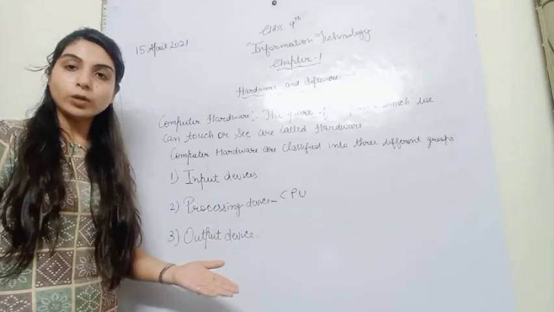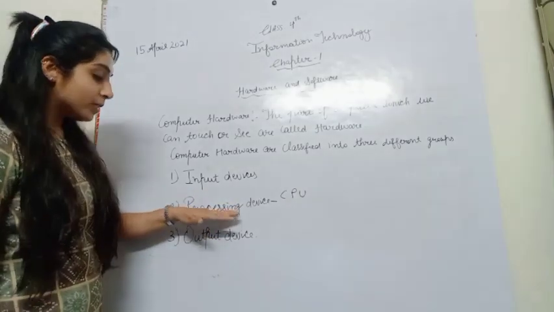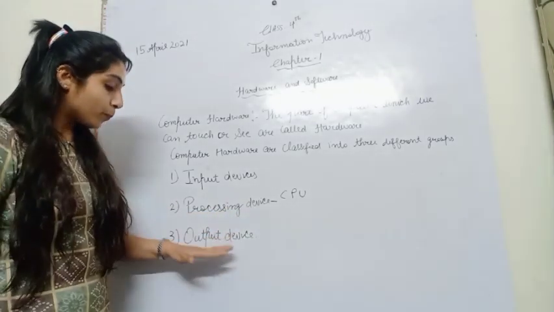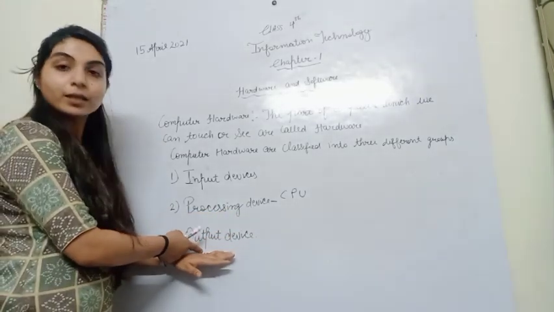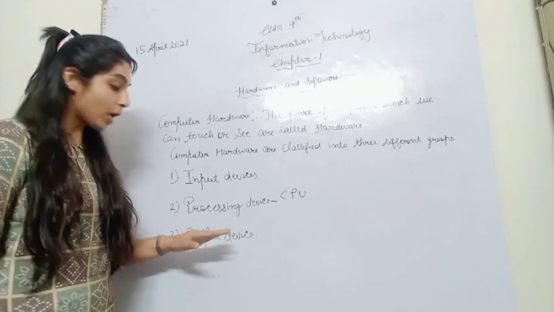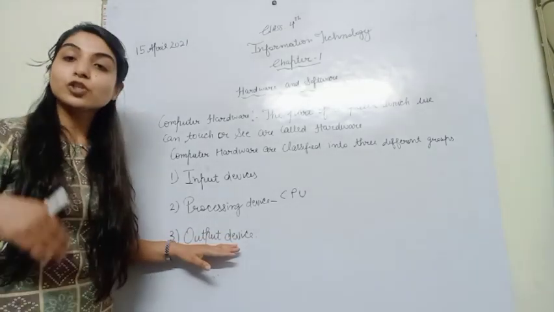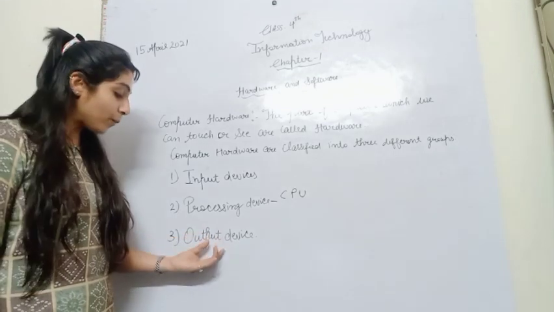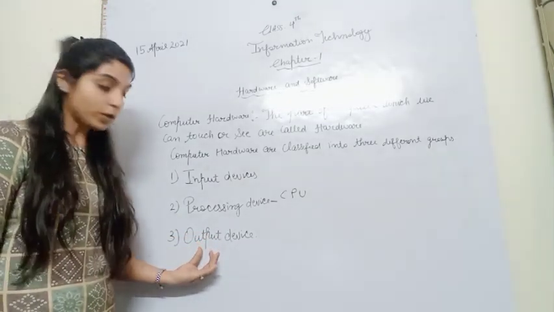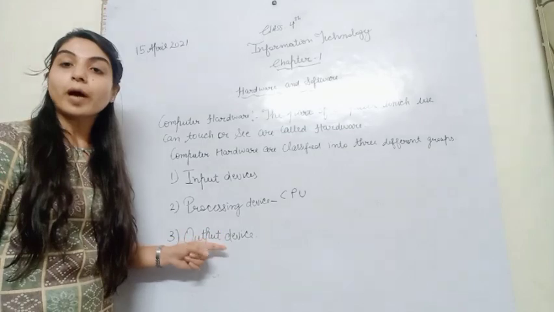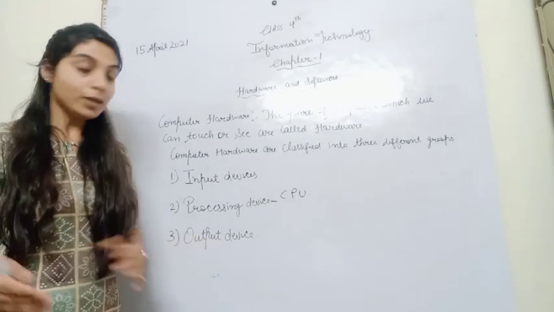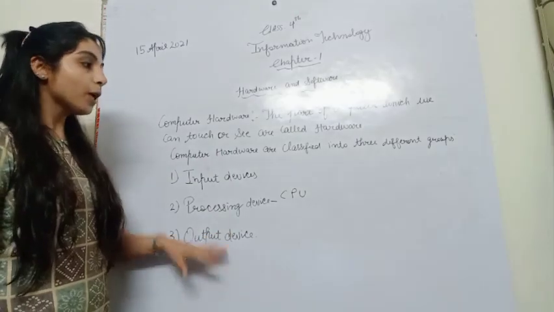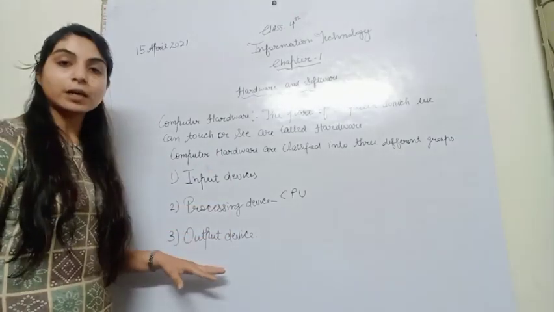the result on screen. And when this data is processed with the help of the CPU, the printer will take it with the help of an output device. Output device means that it shows you data as a hard copy. With the help of this, you can take a printout, and that's why it is called output. Out means you can take. So that's why it is called output devices. Okay, these are the three main parts into which the computer is classified.